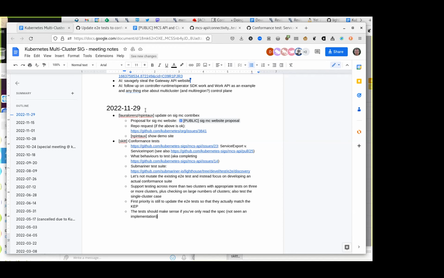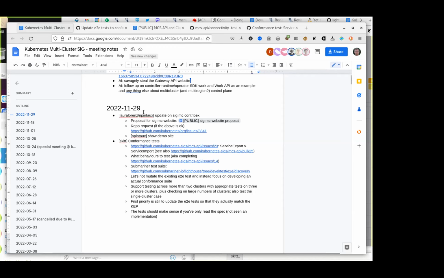Yes, exactly. And I don't think it shouldn't test anything not in the KEP. Yeah. At all. And hopefully that makes them relatively light, because we've tried to keep the KEP pretty light. I think there's certainly some DNS tests. But again, the test would just be that a pod can see the record that's supposed to be there, for example. Yeah. And then, for example, if the service import has an IP address, the DNS record returns the same IP address. Yeah, exactly.